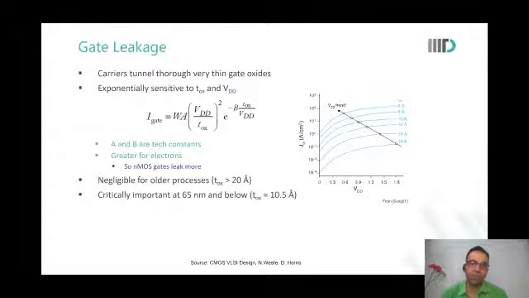Gate leakage, another slide just to give you an estimate of how the gate leakage changes. When the physical gate oxide thickness was 19 angstroms, and we were operating at a VDD in the range of 1.8 volts, we had a gate leakage in the order of 10 raised to power minus 4 or something. Not really significant.